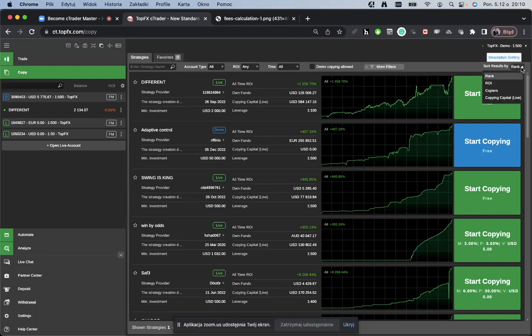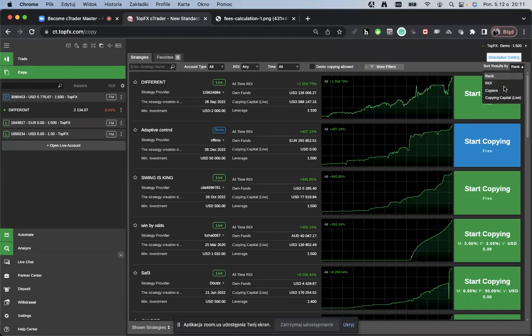For example, you can sort by rank. The strategy rank is a proprietary method used to rank strategies in a comprehensive way, taking many parameters into consideration. For the calculation of the strategy rank, the following strategy parameters are considered, like ROI, where the more recent ROI performance is weighted over the historical ROI performance, equity-based ROIs. Trade duration consists of the number of trading days, for example, the number of profitable months, and the risk, like equity drawdown, the risk reward ratio, of course, the invested funds,